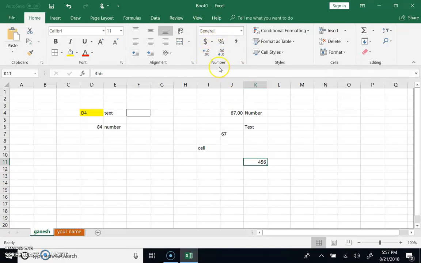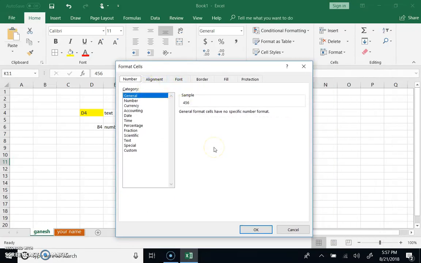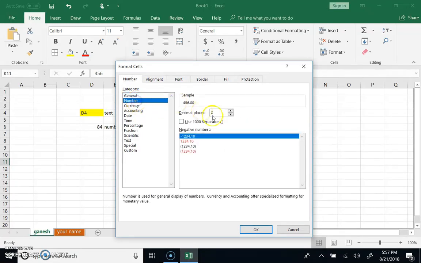Okay, this General format is the one which confuses a lot of people. So you want to make sure that this shows as a number. How would you do that? You click on this little icon right here in the corner, and then you get Format Cells. This is called formatting. In this Format Cells dialog, I'm going to click on Number,